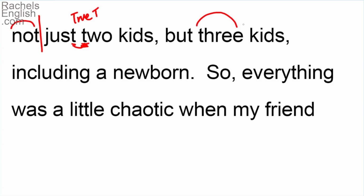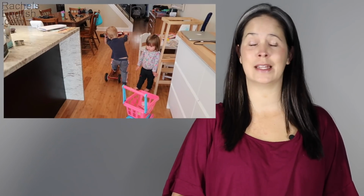Three. This is a tricky word, isn't it? We have the unvoiced TH, and then the R consonant, thr. So the tongue tip must come through the teeth for that unvoiced TH. Then the tip pulls back, so it's not touching anything inside the mouth to make the R. Three. But three kids,